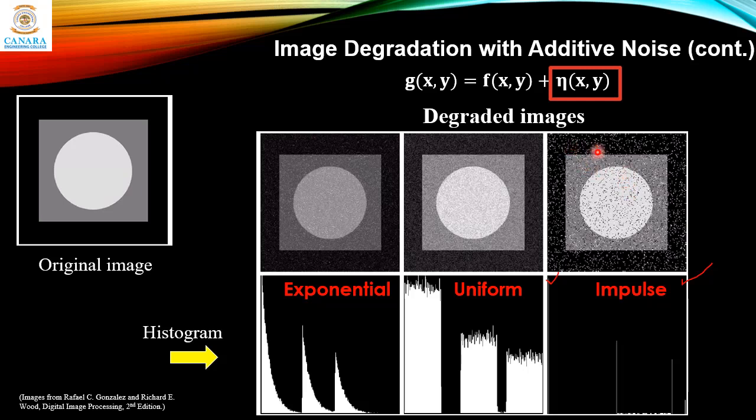You can see white patches and dark patches, but for exponential and uniform, it's very difficult to identify whether it's exponential noise or uniform noise by just looking at the images. But when you plot the histogram, you can clearly identify whether it's exponential, uniform, Rayleigh, or Gaussian noise by looking at the shape. This is the takeaway from this test image and its patterns.